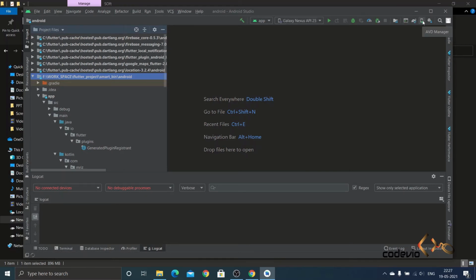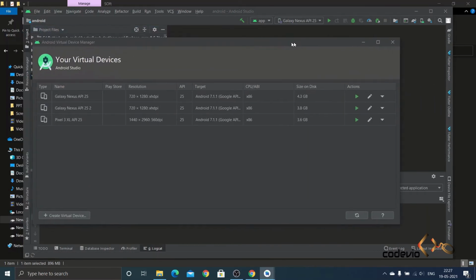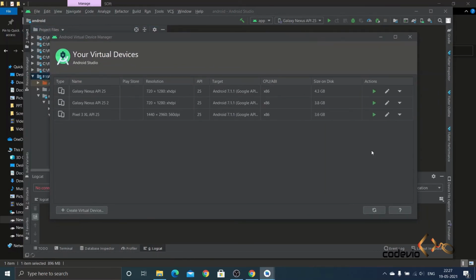After that, you will get a window like this, and click on the AVD Manager option. Here you can manage your virtual devices. You can create any virtual device using this button, and also you can launch any virtual devices that have already been created. You will be given one virtual device. In my case, there are 3. I have created 2 more. So it's very simple to create virtual devices.